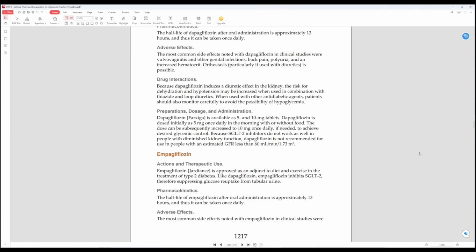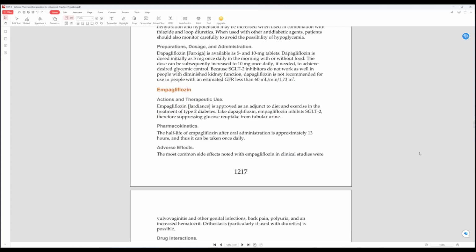Its adverse effects: the most common side effects noted with dapagliflozin in clinical studies were vulvovaginitis and other genital infections, back pain, polyuria, and an increased hematocrit. Orthostasis is possible. Its drug interactions: it induces a diuretic effect in the kidney. The risk for dehydration and hypotension may increase when used in combination with a thiazide and loop diuretic. When used with other antidiabetic agents, patients should also monitor carefully to avoid the possibility of